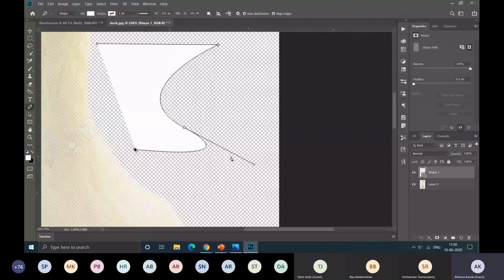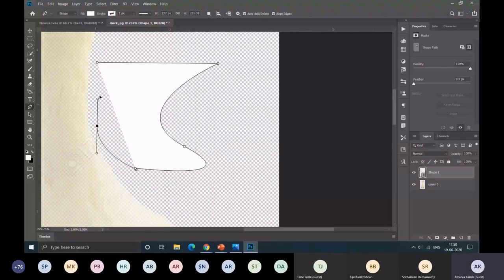To change this curve point, you just have to click here, drag somewhere. If this curve is perfect, now press and hold the Alt key. Now as you move the cursor, the curve is not changing, but the direction is changing. So if I let this direction be okay, and when I click here, see that the curve has gone to this direction first, and then come here. The pen tool is not hard to work with, but it takes some practice.